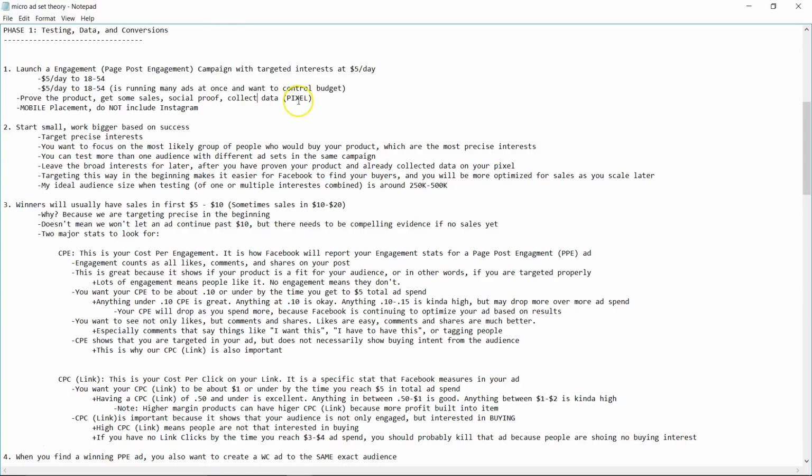It's also collecting data for the pixel, and it can also get you sales. Like I said, we're not just launching engagement ads to throw money at our ad without hope for sales. Engagement ads can definitely drive a lot of sales. And when you hit a product that goes viral on an engagement ad, you can make a lot of money with engagement ads, just like you can with conversion ads. And more to the point,